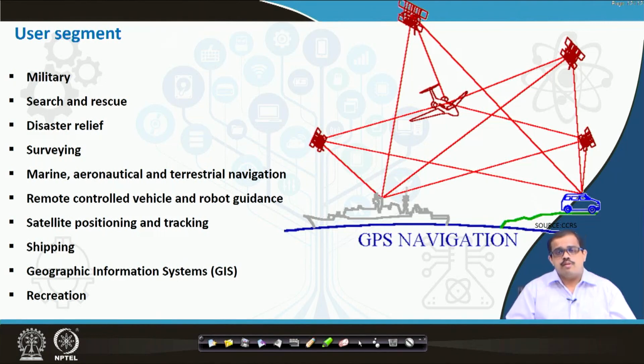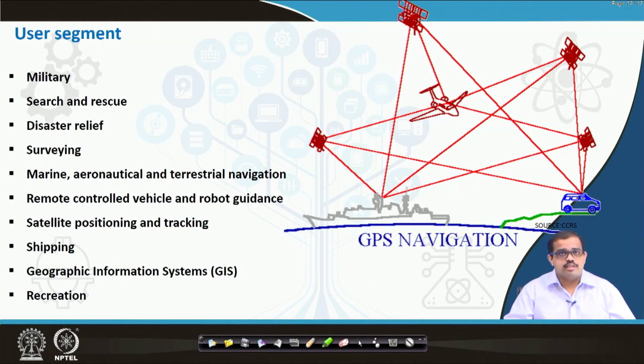This is one of those images that I have taken from the Canadian Space Center, which gives you an abstract of how a satellite is interacting with various entities on the ground. It may be a ship, it may be your aircraft, it may be your cars, where you navigate to various locations. It just gives you one application.